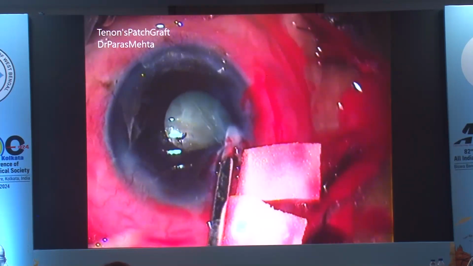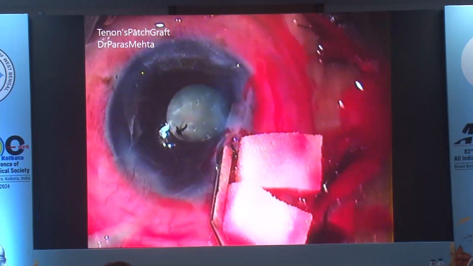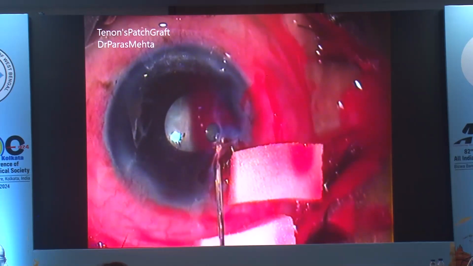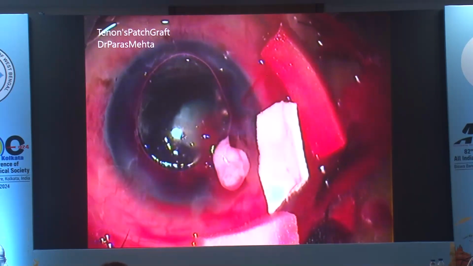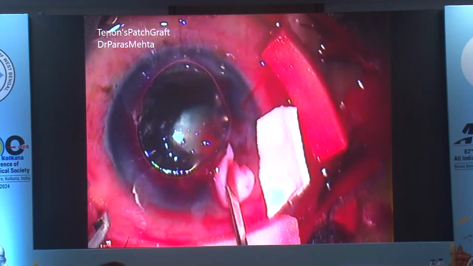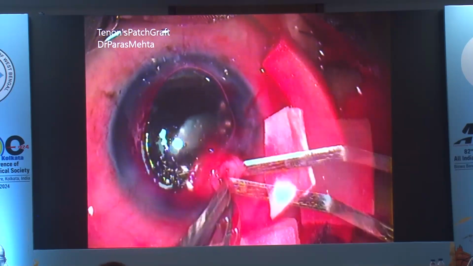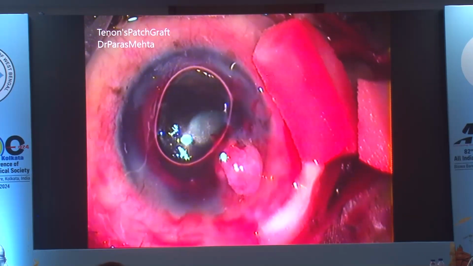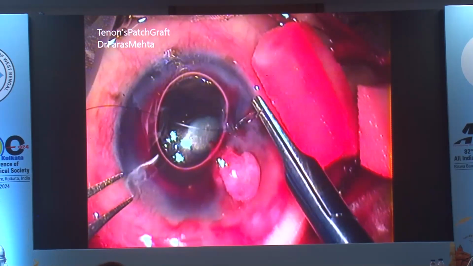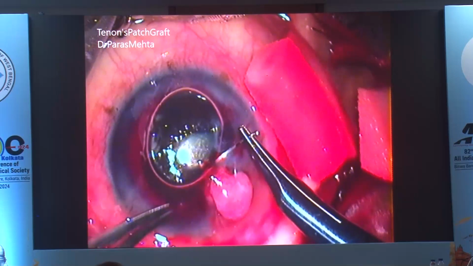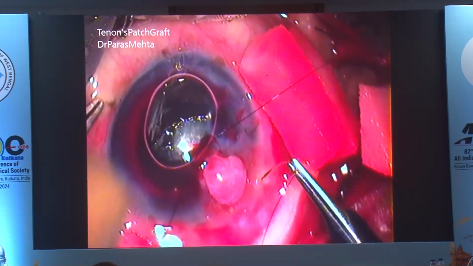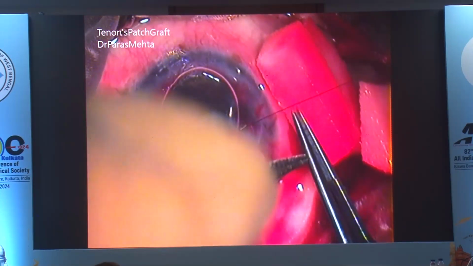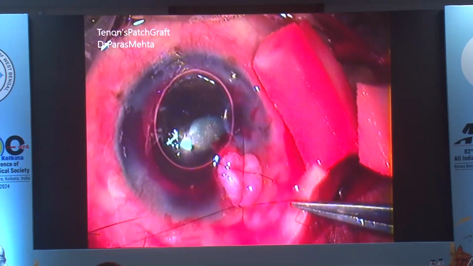Because this perforation was sitting there for a little longer time, there was a bit of pseudocornea kind of a thing, which I have removed, that epithelium. I have separated the synechiae with the help of an iris spatula, and I am trying to stuff the Tenon's tissue into the perforation. Then I have applied both the components of fibrin glue so that the Tenon's tissue remains bound together,